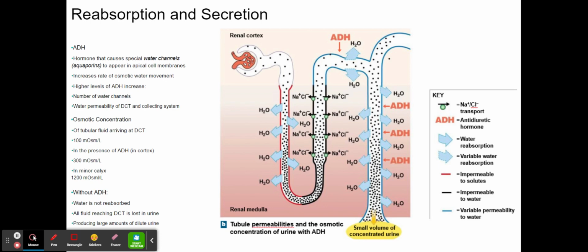As ADH levels rise, the DCT and collecting system become more permeable to water. As a result, the amount of water reabsorbed increases. At the same time, the osmotic concentration of the urine climbs. Under maximum ADH stimulation, the DCT and collecting system becomes so permeable to water that the osmotic concentration of the urine equals that of the deepest portion of the medulla. Note that the concentration of urine can never exceed that of the medulla because the concentrating mechanism relies on